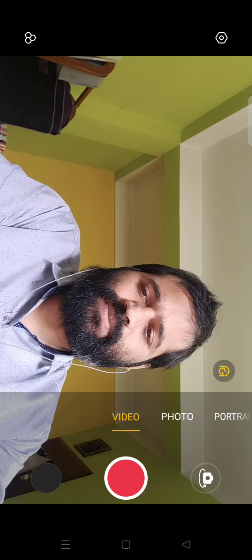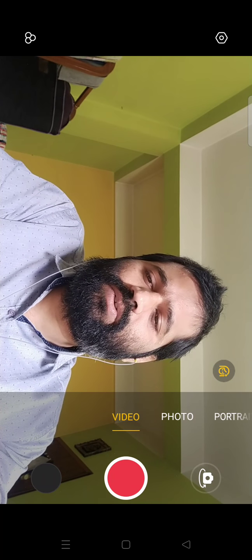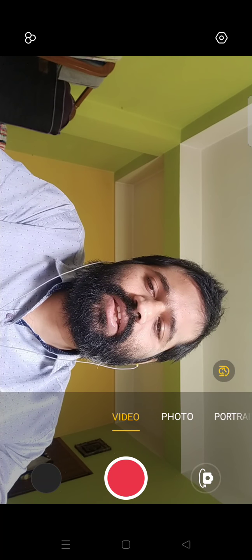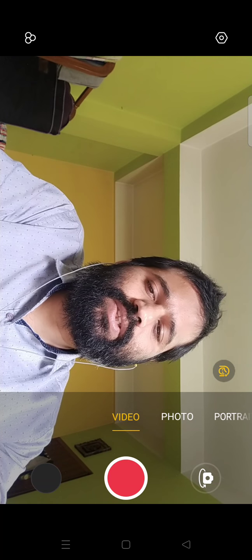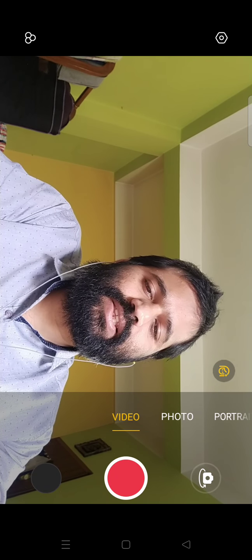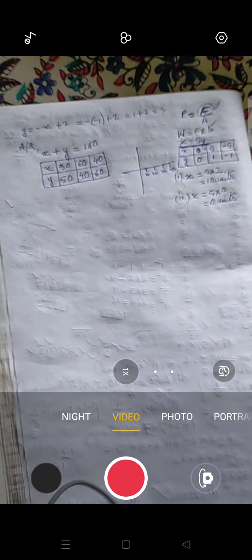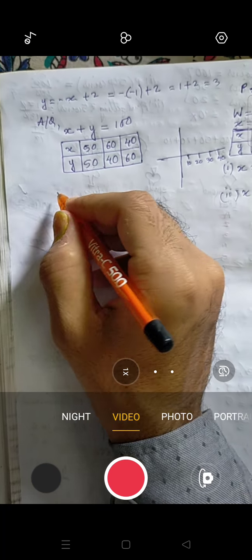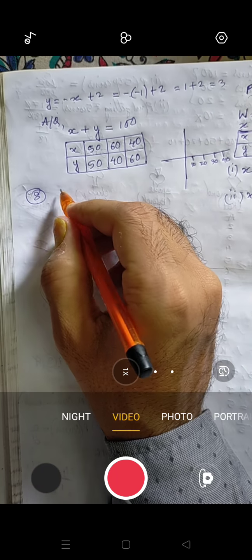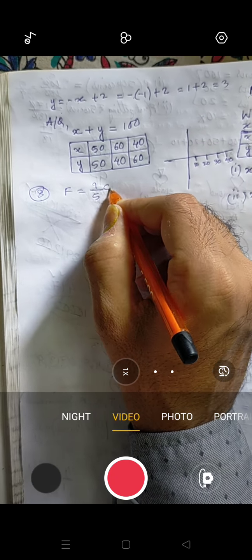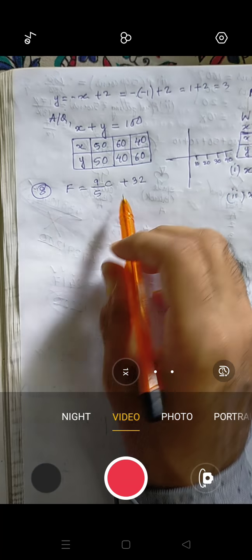Okay. Now in the question, what they told you, number 1, draw the graph of the linear equation above using Celsius for x-axis and Fahrenheit for y-axis. That means for Celsius you have to take x-axis. So your relation was, question number 8, F is equal to 9 by 5 into C plus 32. So this was the relation.